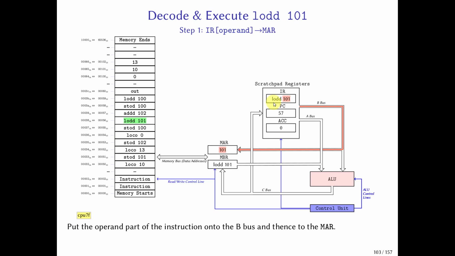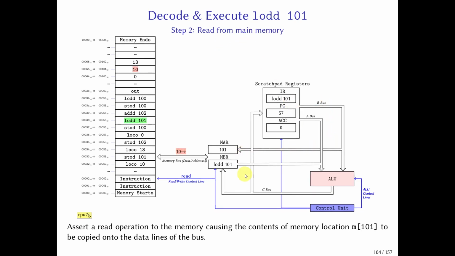And it would say, okay, I have to execute a sequence of steps in order to carry out a lodd instruction. So the first of those steps is to copy the operand part, the instruction register operand, to the MAR, the memory address register,